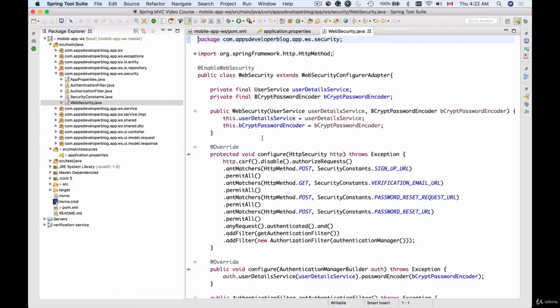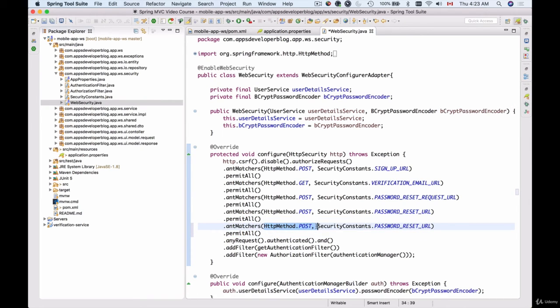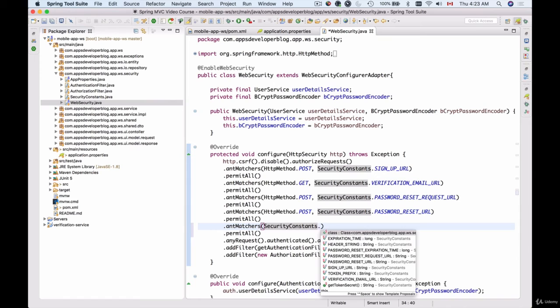So we will need to update the code we have inside of the configure function. Just like with the sign up URL and verification email URL, we will need to make the H2 console URL path accessible and not require user authentication using the JSON Web Token that we generate. And to do that, I will copy these 2 lines and paste them, and I will change the code inside of the ANT matchers a little bit so I can allow HTTP requests coming for a URL path that I will call